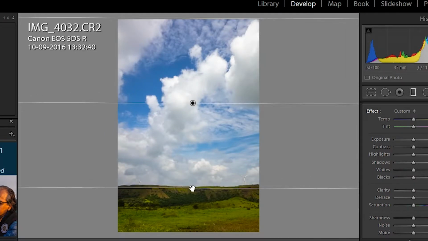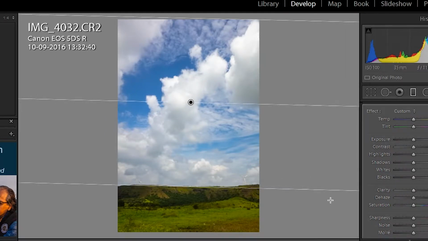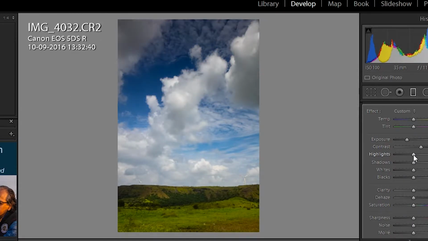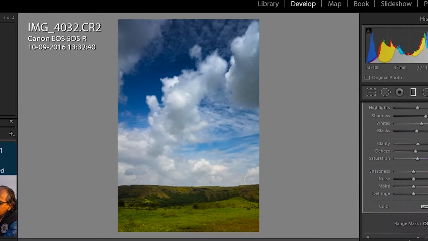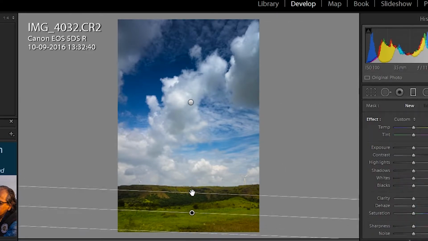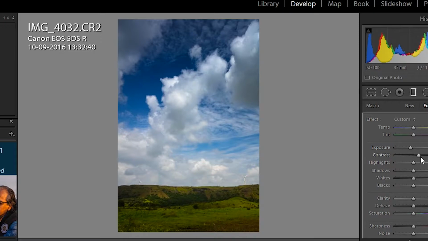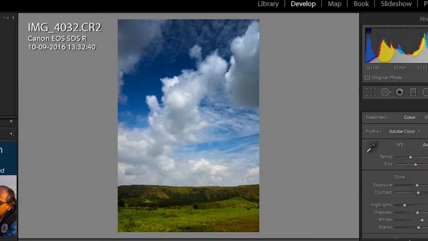You can move your mouse in a straight line or at an angle depending on the image to be corrected. You can now adjust the exposure as well as the white balance, making the sky a bit bluer, or even use the dehaze tool to eliminate some fog. You can have multiple graduated filters on one single image. Click on the New button and create a new graduated filter with different settings on a different part of an image.